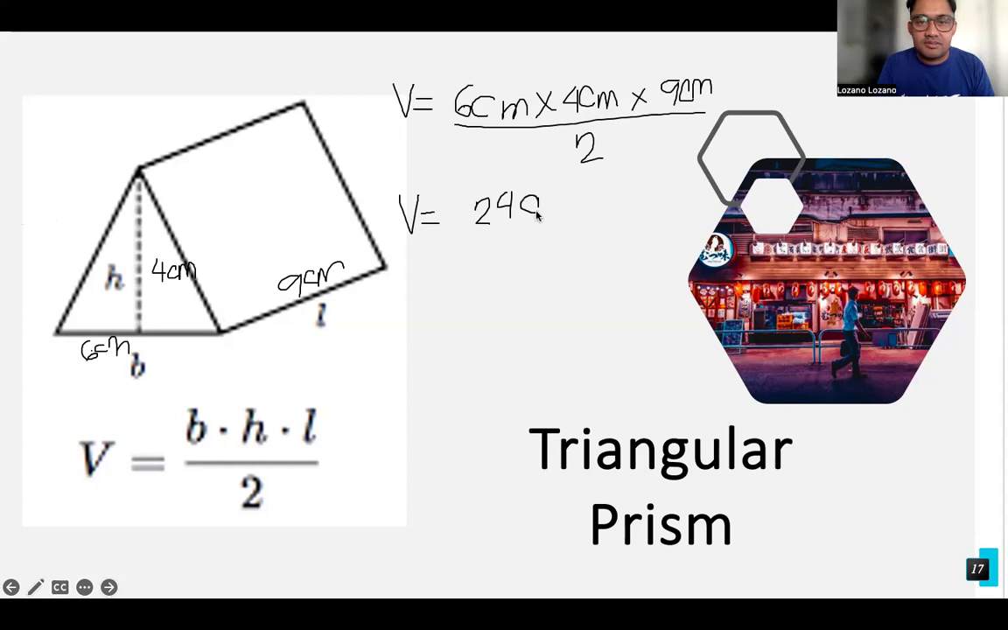24 centimeter times 9 centimeter divided by 2. Okay, unti-unti ko. Next, volume. Multiply muna natin yung 24 times 9. That is 216